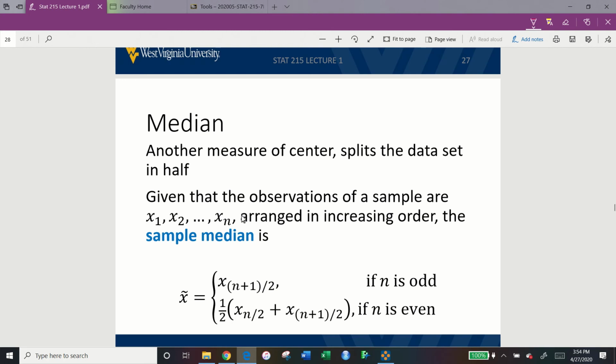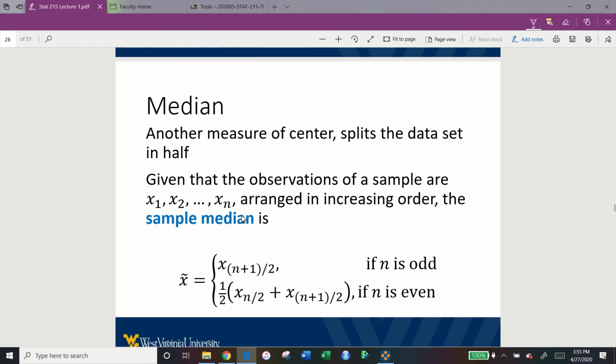Now, I recognize that in your previous math classes, particularly in middle school and high school, this was not how you were taught to think of median. You arranged the values in order, you might have slashed out until you had your value in the middle. This is still the exact same thing. We're just giving it a more sophisticated look to it. What they're doing here is this is the position of your value.